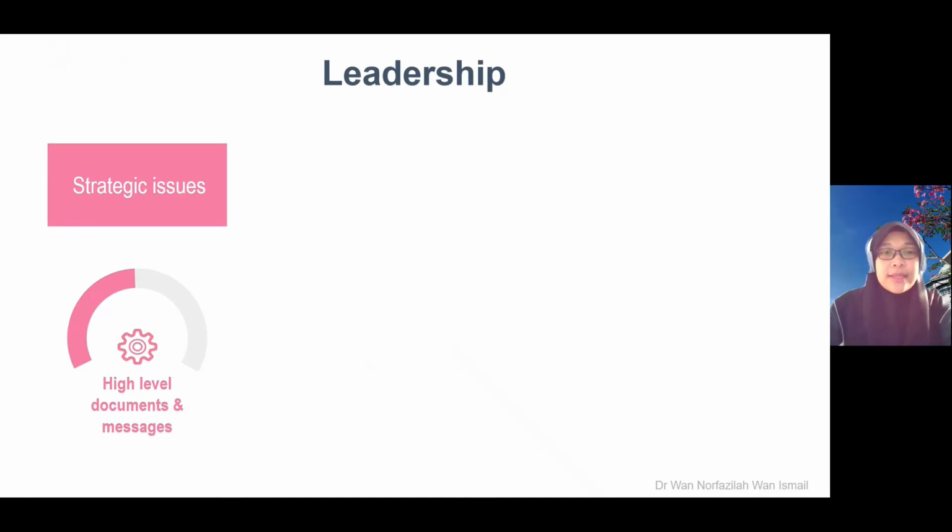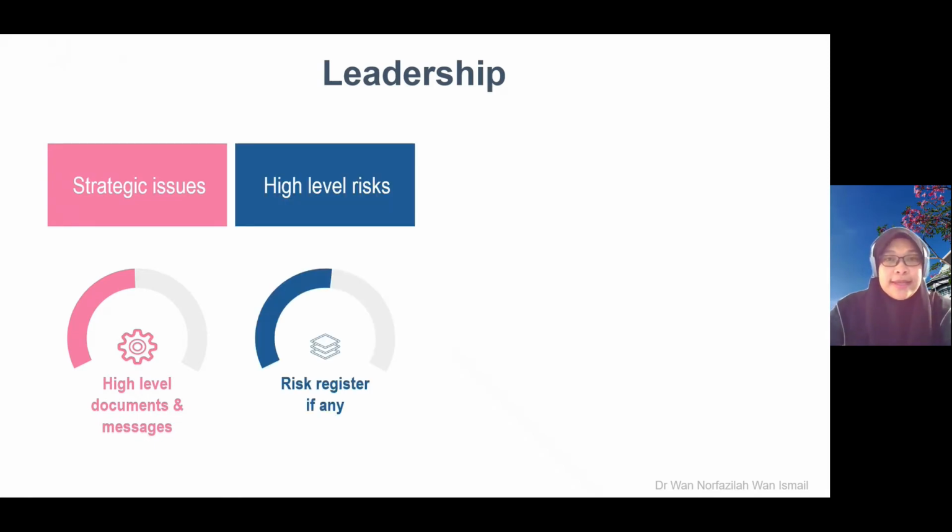So the next term is leadership. Okay, so as a leader, you need to put yourself as a leader. Okay, and sometimes you need to put yourself as the customer. You need to put yourself as the employee. Okay, so to understand this ISO standard requirements, you kena letakkan diri you. Okay, kalau leadership requirement, you kena letak diri you sebagai leader. And then sebagai leader, apa yang you kena fulfill? The employee needs, the customer needs. Okay, letak diri you dekat employee, sebagai employee. Employee nak gaji banyak, nak kerja senang. So semua tu kena fikir.